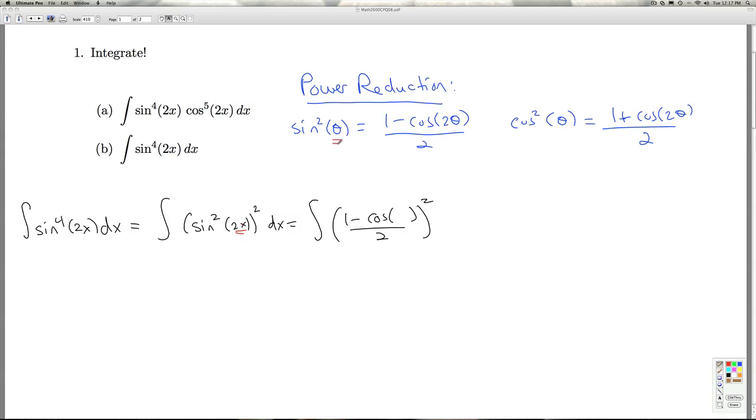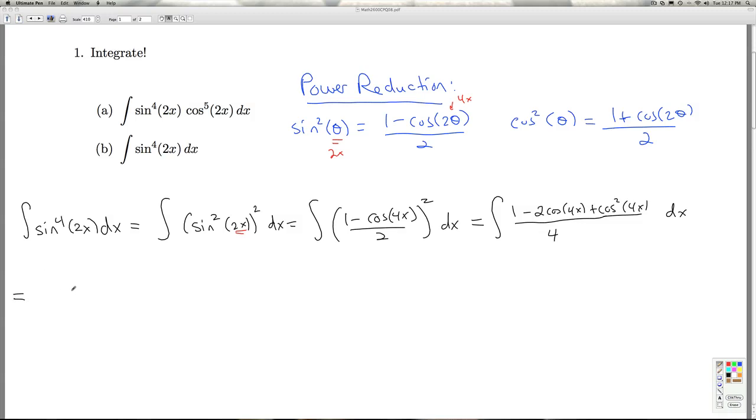So when I double 2x, I'm going to get 4x dx. And I'm going to multiply this out. And so in the denominator, I get 4. In the numerator, when I multiply that out, I get 1 minus 2 cosine 4x plus cosine squared 4x dx,